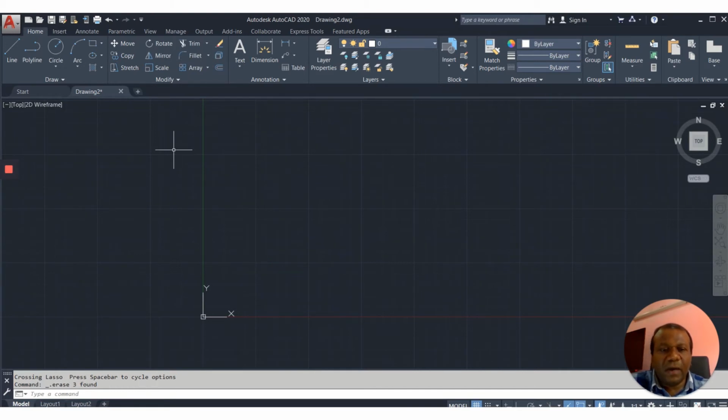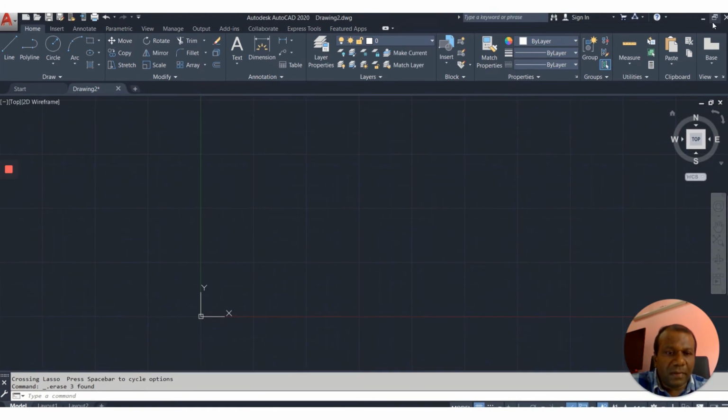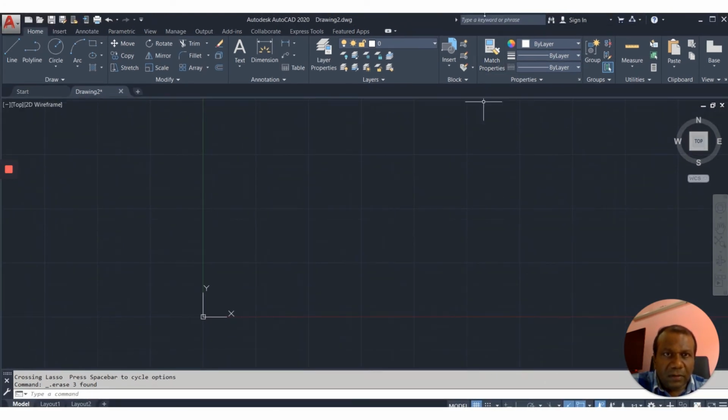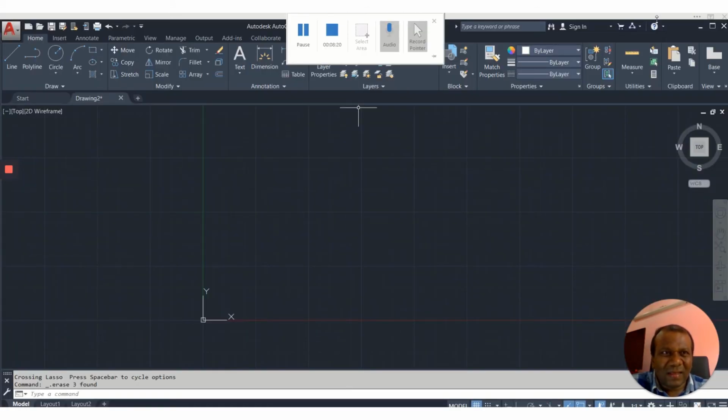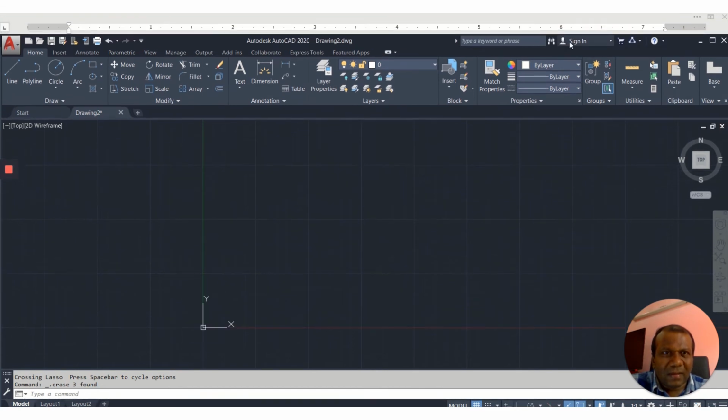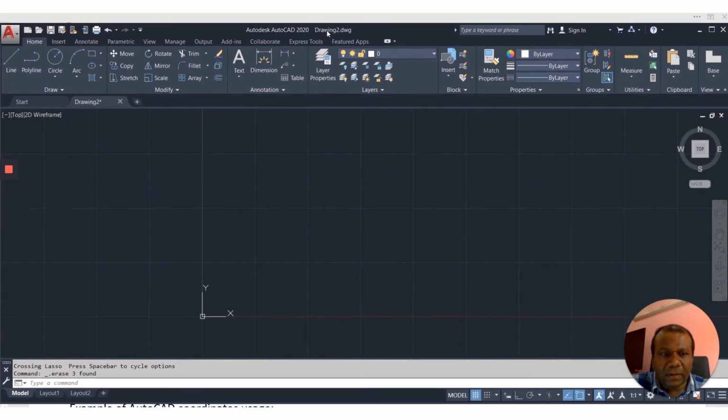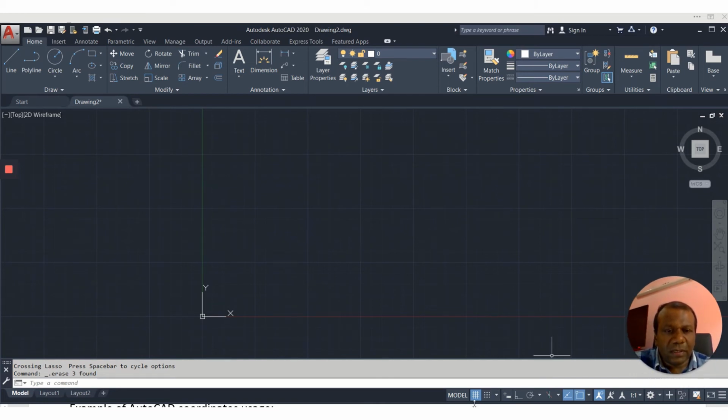At the same time, I'll explain some tools also. I think I'll make my screen a little bit smaller so you can see the bottom line. I'll put it up. Now you can clearly see the bottom line. There are a lot of tools at the bottom here. See my mouse. Here I am going to talk about dynamic input.